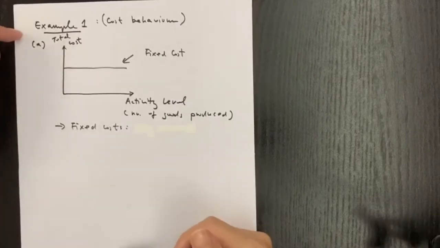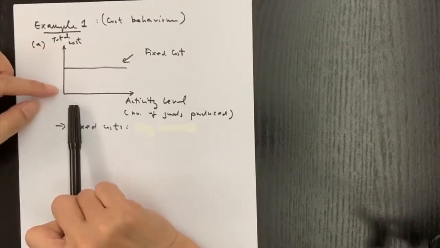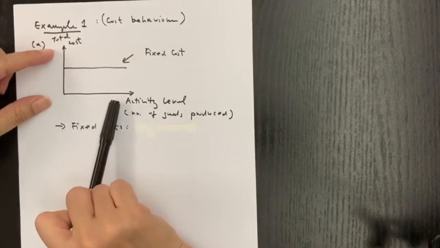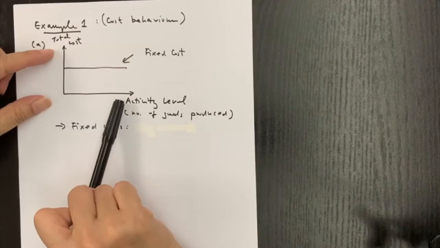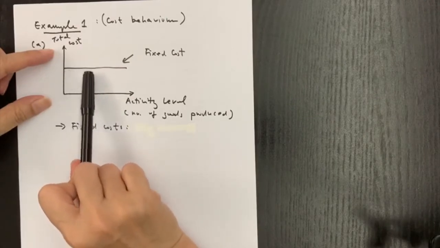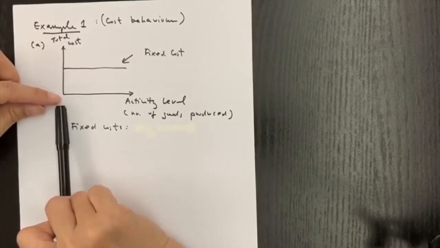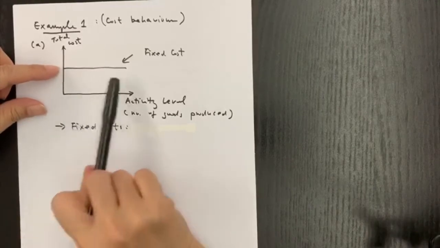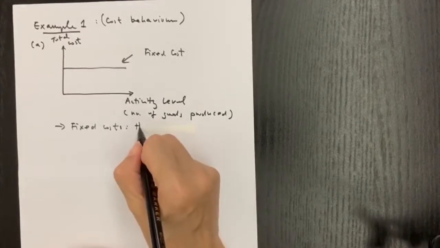Okay, so here we have example 1 about costs behavior. So the first one, we have this diagram, the vertical axis showing total costs, and the horizontal is about activity level, which is the same as the number of goods produced. And here we have a horizontal line. Okay, that means even though we produce no products here, we still need to spend some costs in the factory. So this is the fixed costs, right? Okay, so what is the meaning of fixed cost? Fixed cost means they are